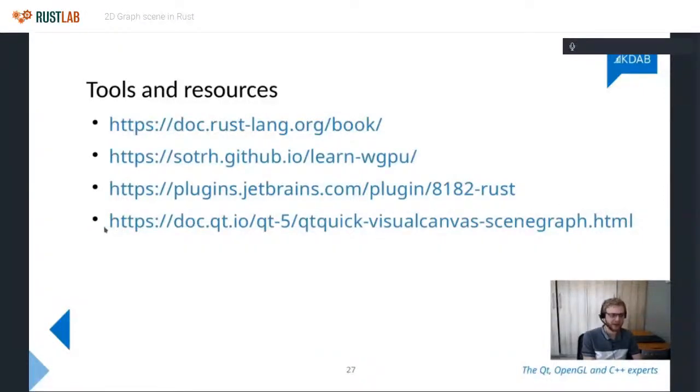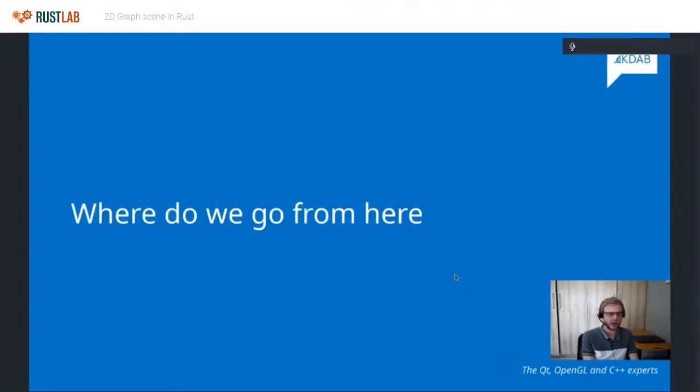And then the other link I've got here is for the Qt documentation on the scene graph in Qt. If you want more information on how the Qt scene graph works, as I said, it's for if you want to try and do what I did, maybe a bit better, hopefully, then maybe just go read up on how Qt does this type of thing. And yeah, the very last thing I want to get to is just a short discussion on what's next.